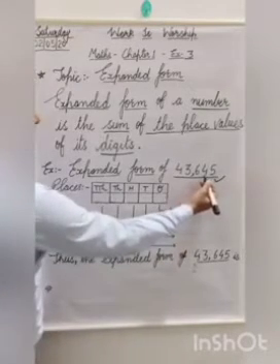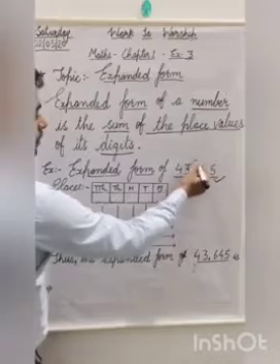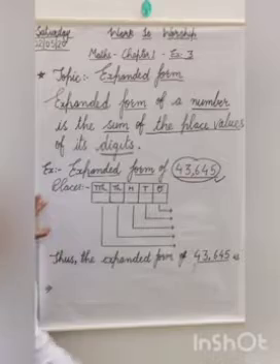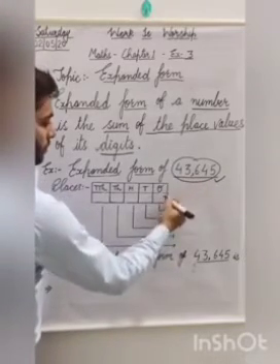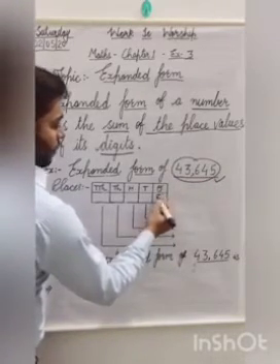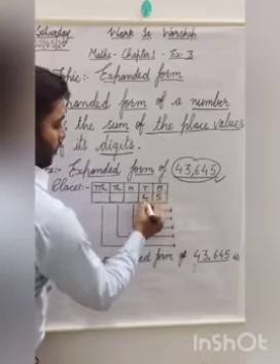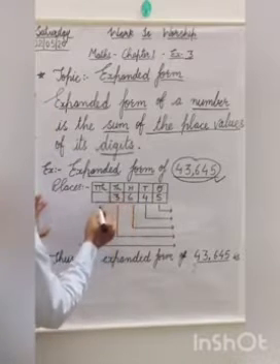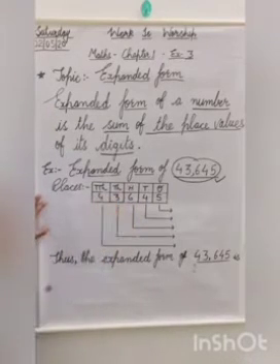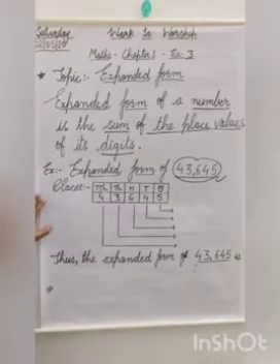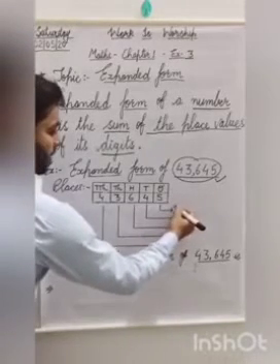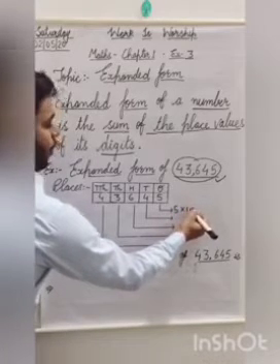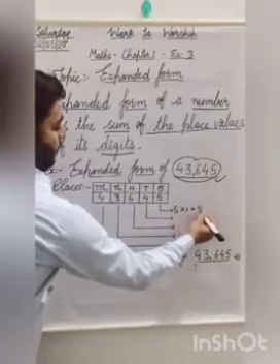In order to find the place value of the digits, we put this number in the place value chart. Okay. So we started from backward. It means 5 on the ones place, 4 is on the tens place, 6 is on the hundred place, 3 is on the thousand place, and 4 is on the 10,000 place. Now let us find the place value of the digits. Here the digit is 5 and it occupies the ones place. So the place value of 5 is 5.